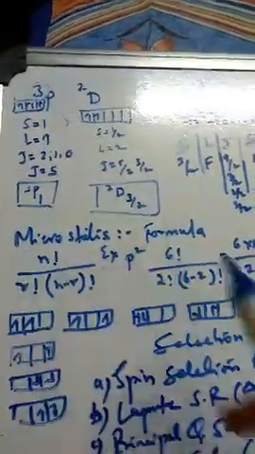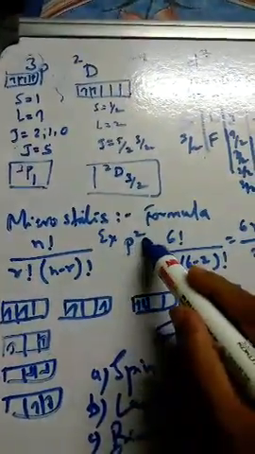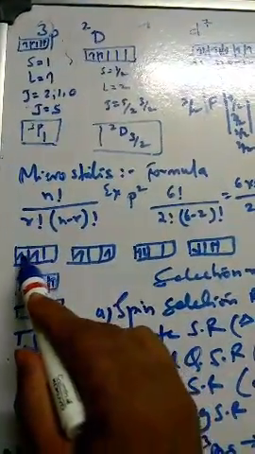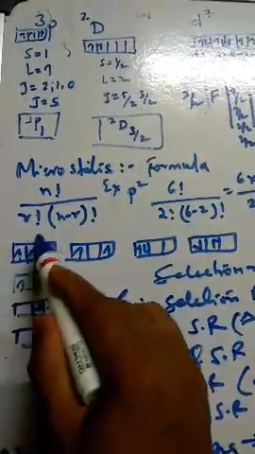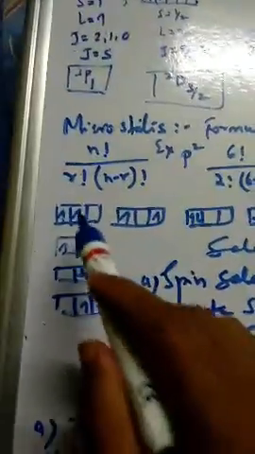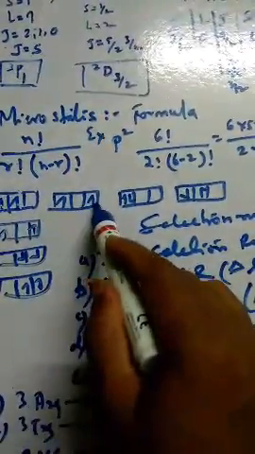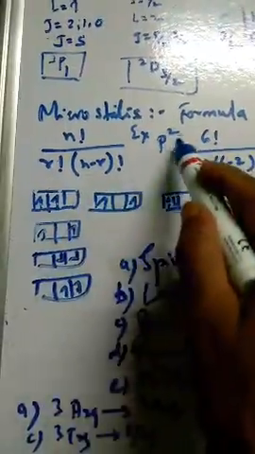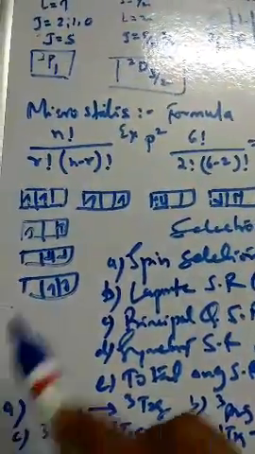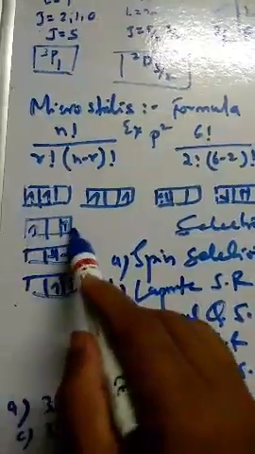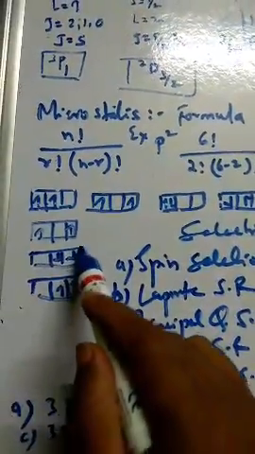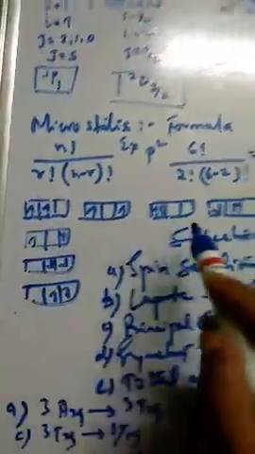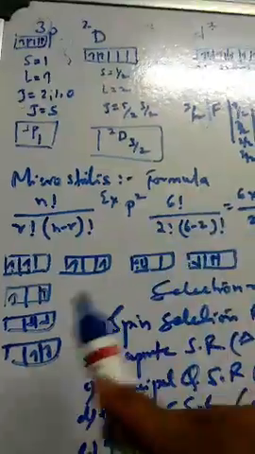What are microstates? Microstates means, for example, you see here P2, that means 2 electrons are there. So how many arrangements can we make of these 2 electrons in these 3 orbitals, plus 1, 0, minus 1? Here I have done it: I can put one here with plus half, plus half, or like this, or like this. This is 4 arrangements I have made for these 2 electrons in the P2 system. Similarly, I can take these 2 electrons in this manner, plus minus, or plus half like this, you can try it at home. So how many ways can you do it? It will come to 15.